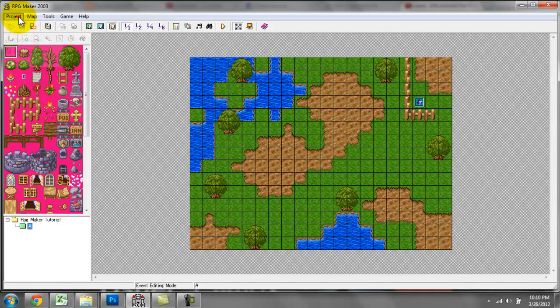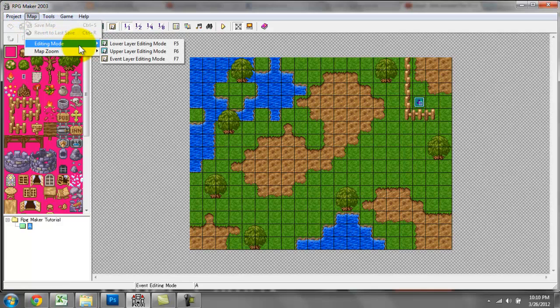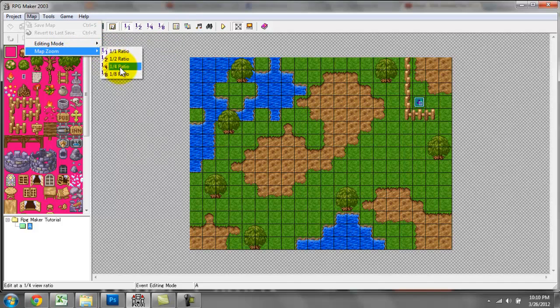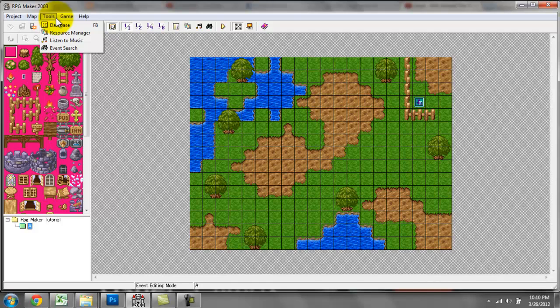So last video, we went over the project panel here, what all these buttons do, and gave you a basic sense of editing mode and the map zoom with the different ratios. We didn't really go over tools though, so I want to spend a bit of time this video going over these 4 options here: database, resource manager, listen to music, and event search. And then I also want to go over very briefly full screen mode and show title. They're self-explanatory, so that'll only take a second,